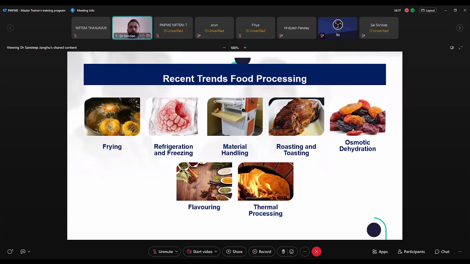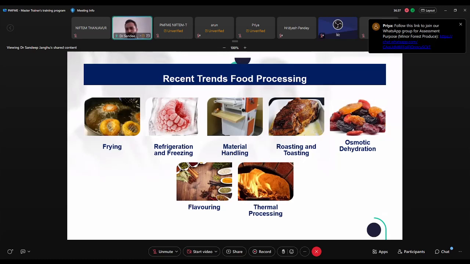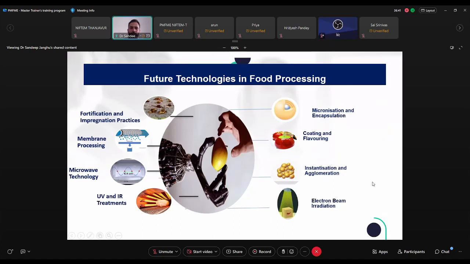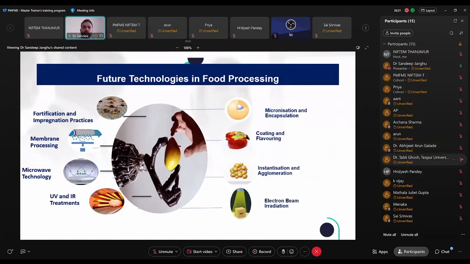Some of the recent trends in food processing include frying of food products, freeze drying, dehydration, roasting, flavoring, and addition of additives. Traditionally, for so many years, we have been doing thermal processing. These are some of the methods we use for processing. And for future technologies, people are becoming more and more health conscious, so nutritional retention